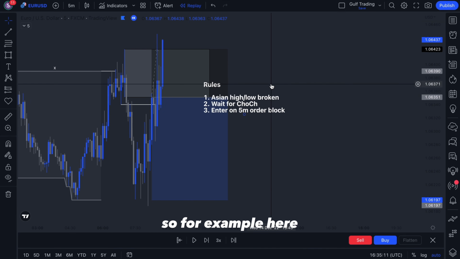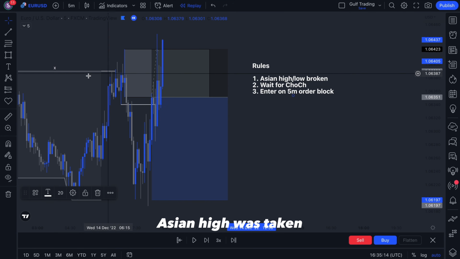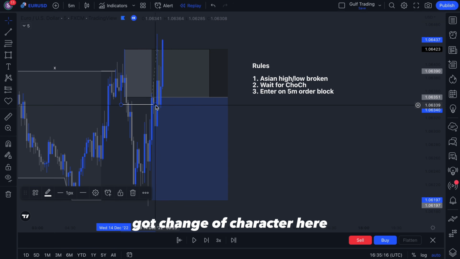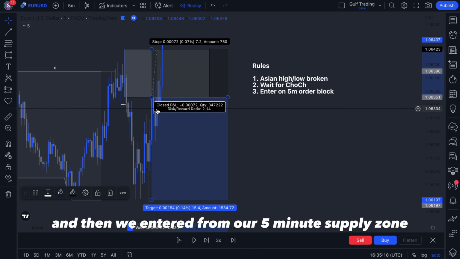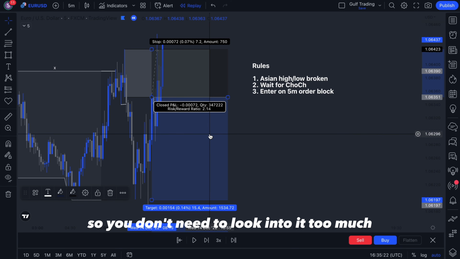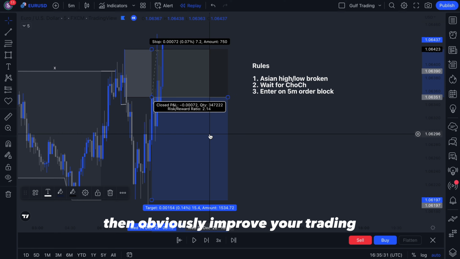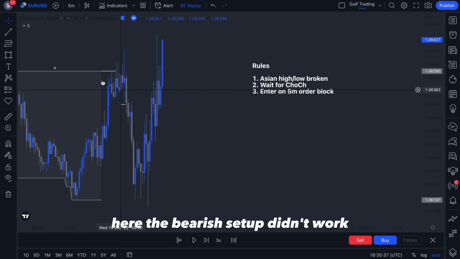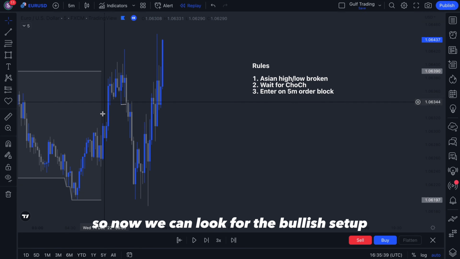So for example here, on this trade, all the rules were met, Asian high was taken, got a change of character here. And then we entered from our 5-minute supply zone, and we lost 1%. Obviously you're going to have losing trades, so you don't need to look into it too much. But if there is something that you can see that you did wrong, then obviously improve your trading based on your mistakes. Over here, the bearish setup didn't work, so now we can look for the bullish setup,